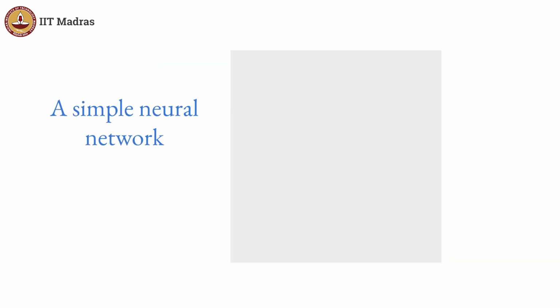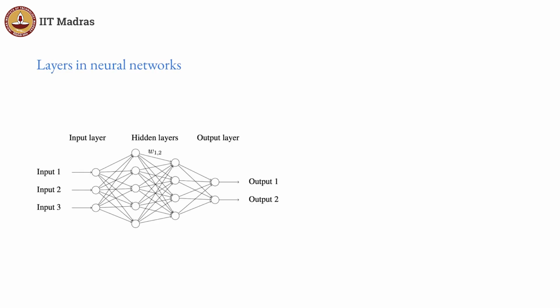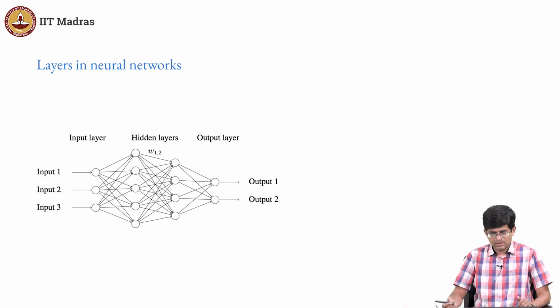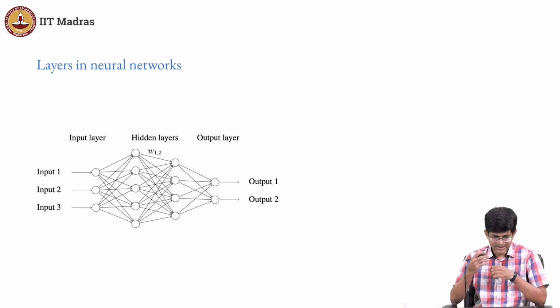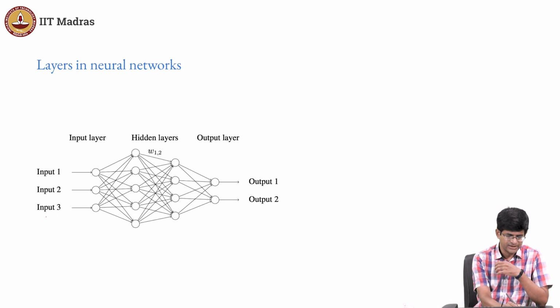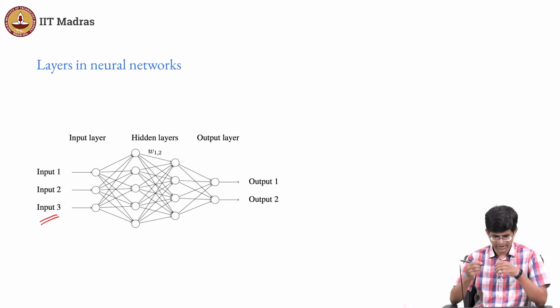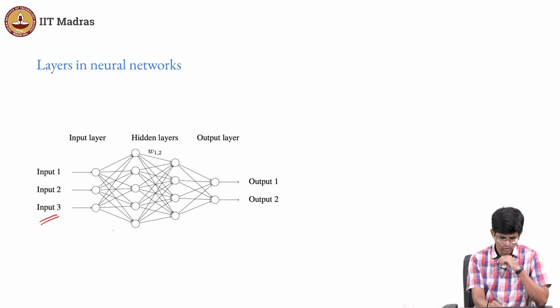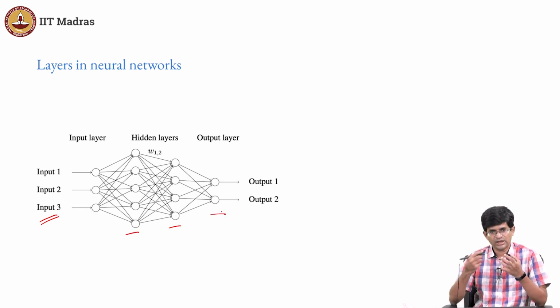What I'm going to do over here is look at a simple neural network. So what does a neural network do? I am going to assume that you are broadly familiar with the core concepts of what neural networks are, in the sense that a neural network at some level is taking in some data. There are some inputs that are fed into it and they go through layers. So what does each layer do? A layer is doing some kind of computation on the data.